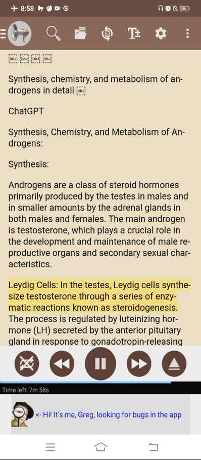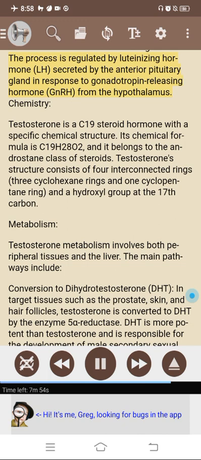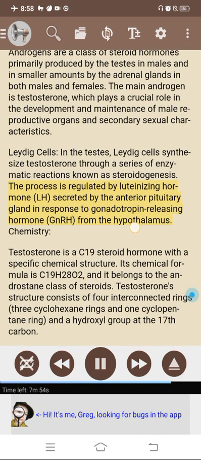In the testes, Leydig cells synthesize testosterone through a series of enzymatic reactions known as steroidogenesis. The process is regulated by luteinizing hormone (LH) secreted by the anterior pituitary gland in response to gonadotropin-releasing hormone (GnRH)